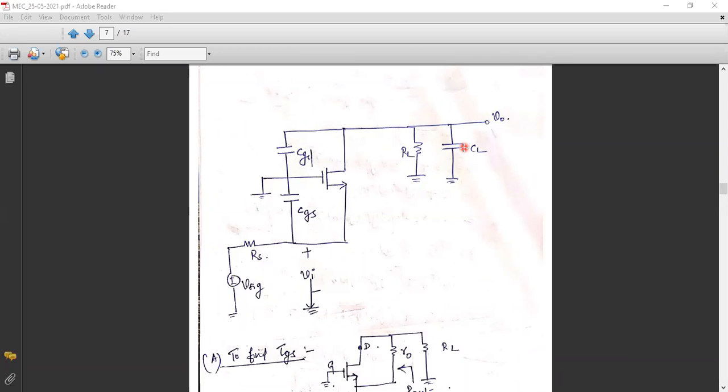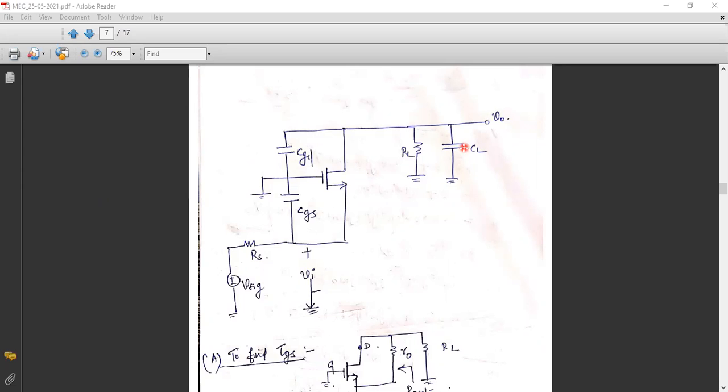I hope you are remembering that particular circuit diagram, where Q1 is the amplifier, Q2 and Q3 are the supporting loads, which act as a current mirror circuit. So those load circuitry you are connecting at the drain terminal. That is why I'm connecting this load capacitance to the drain. From wherever you are taking the output voltage, to that terminal you need to connect CL.